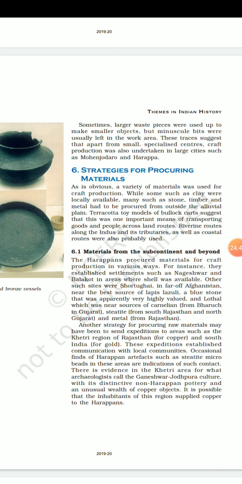So through these things, today we learned what the bead making industry was in the Indus Valley civilization. Please read it clearly, clear your concepts and then talk to me if you are having any problem. What is your homework? You have to write down the notes that I have shared today, 2 pages of notes, objective type points about the Indus Valley civilization. The notes that I have shared today in your WhatsApp group, you have to write them down and show them to me. That is your homework.